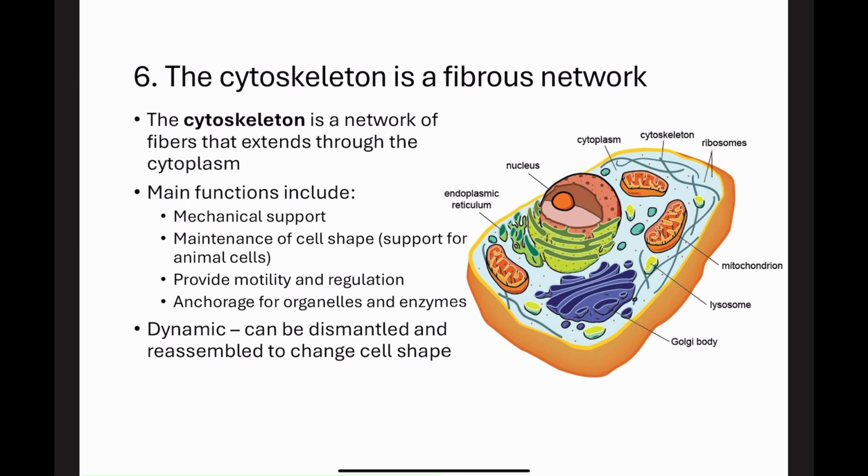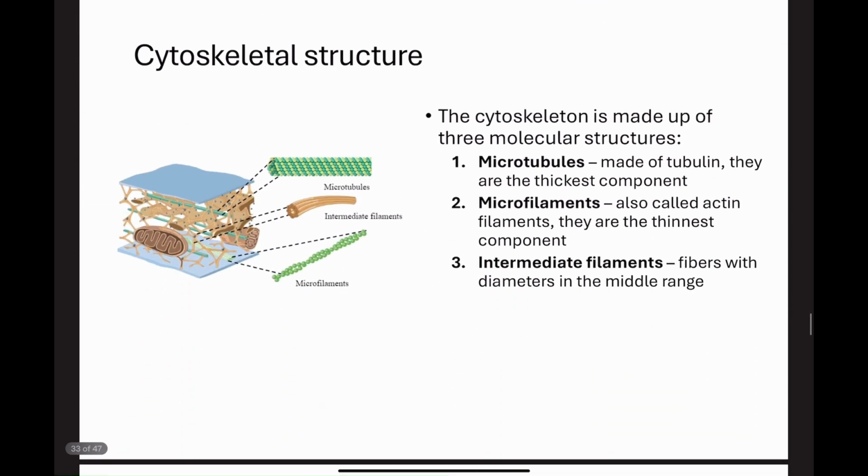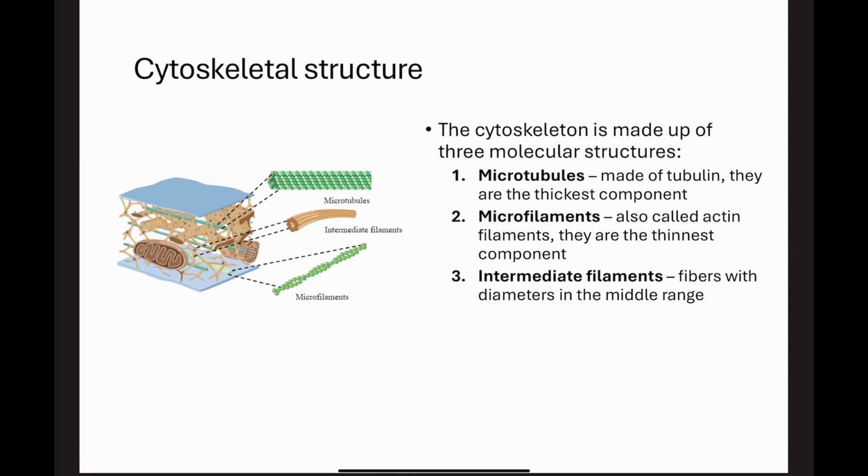It also is going to play a really important role in cell motility, and it's going to enable cell movement and intracellular transport of organelles and molecules. And the cytoskeleton is highly dynamic, just meaning that it can be disassembled and reassembled in different regions of the cell, which is going to allow for cell shape changes. So the cytoskeleton is composed of 3 types of protein filaments,